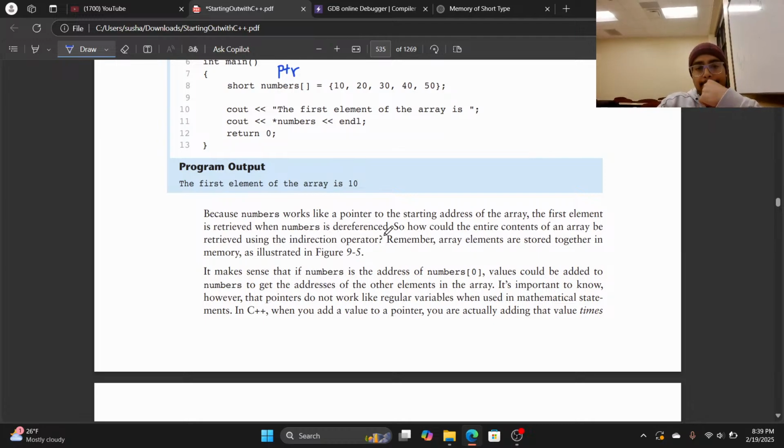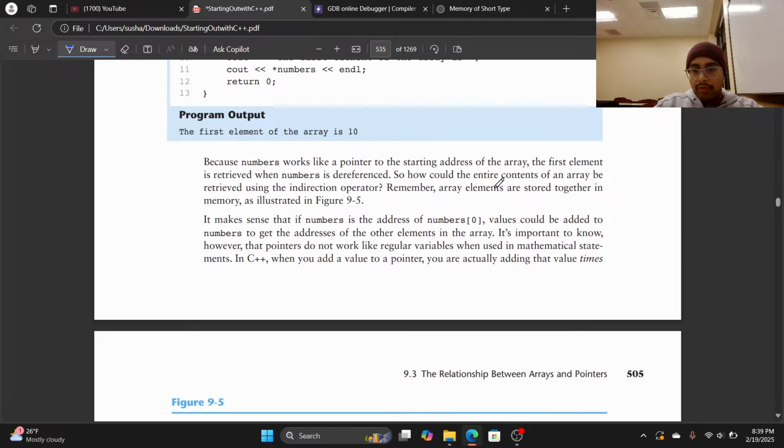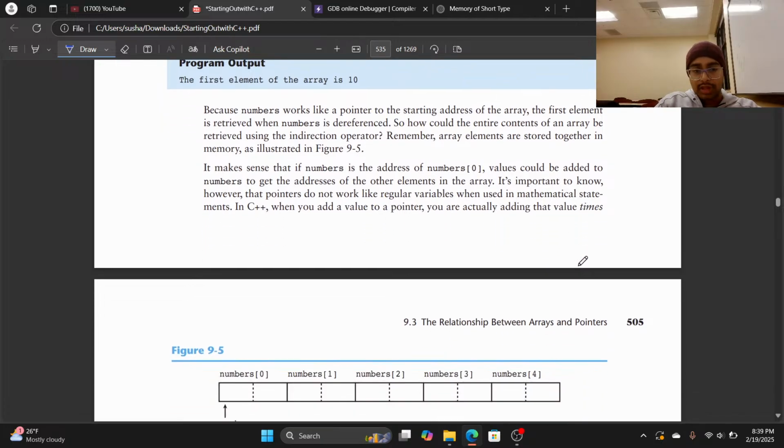So how could the entire container array? Remember, array elements are stored together in memory. It makes sense that if numbers is the address of element 0, a value could be added to numbers to get the address of other elements in the array. It's important to know, however, that pointers do not work like regular variables when used in mathematical statements. I was trying to do that. When you add a value to a pointer, you are actually adding the value times